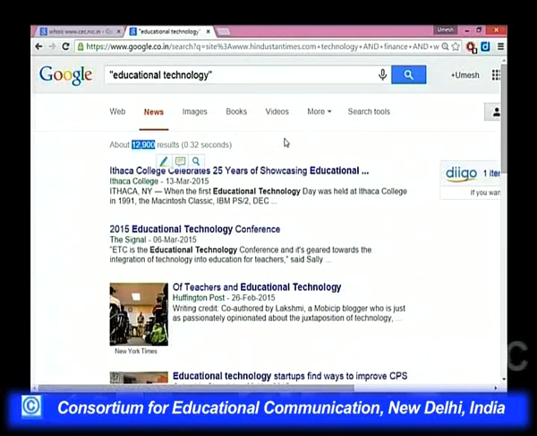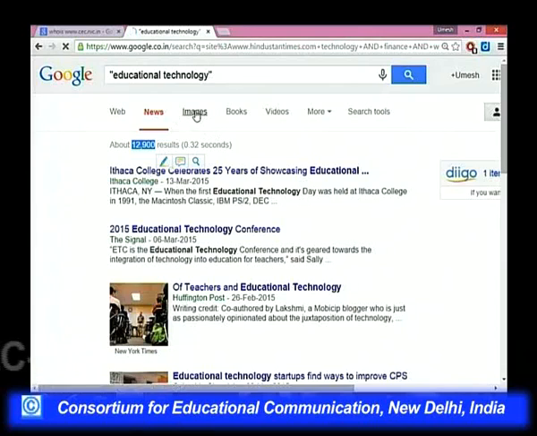Now, your result is immediately filtered as far as news is concerned. So, it is not a random search on the internet that includes all the things. No, researchers need to be particular about the characteristic of the information. So, this educational technology is limited to the appearance in the news around the globe.